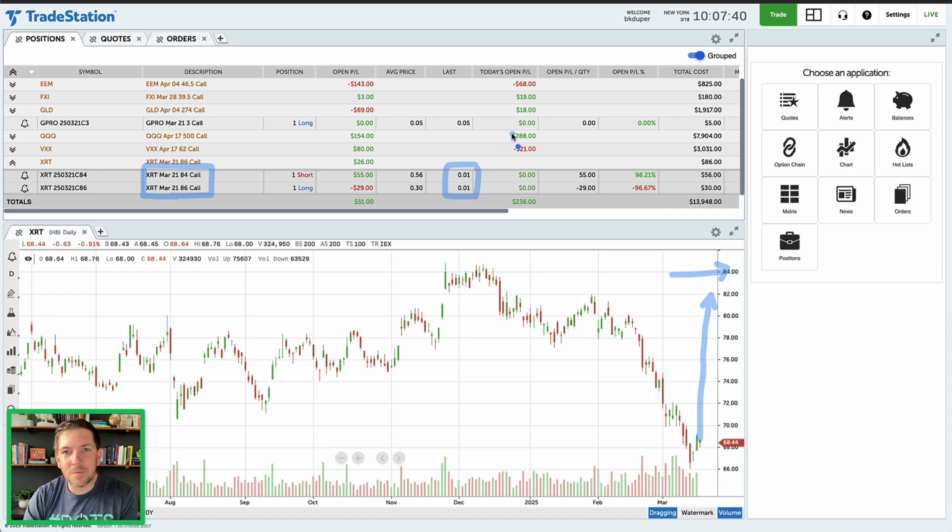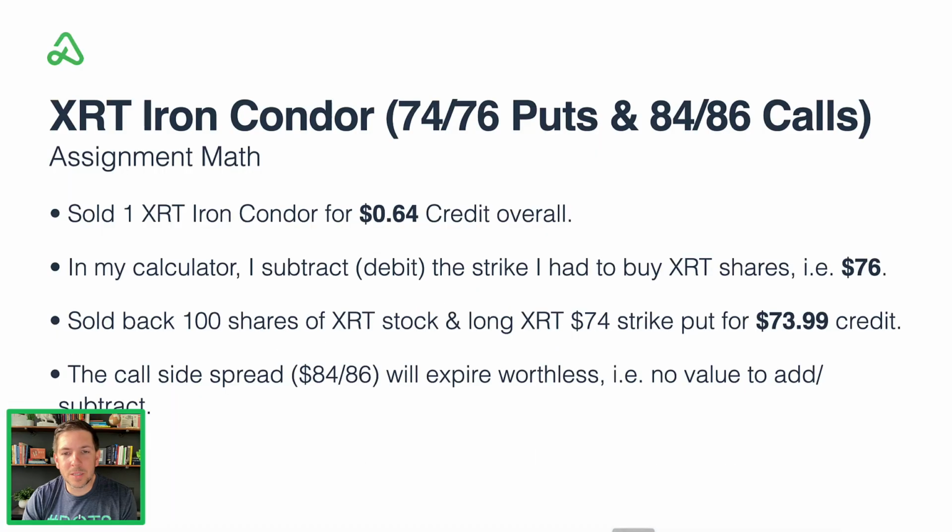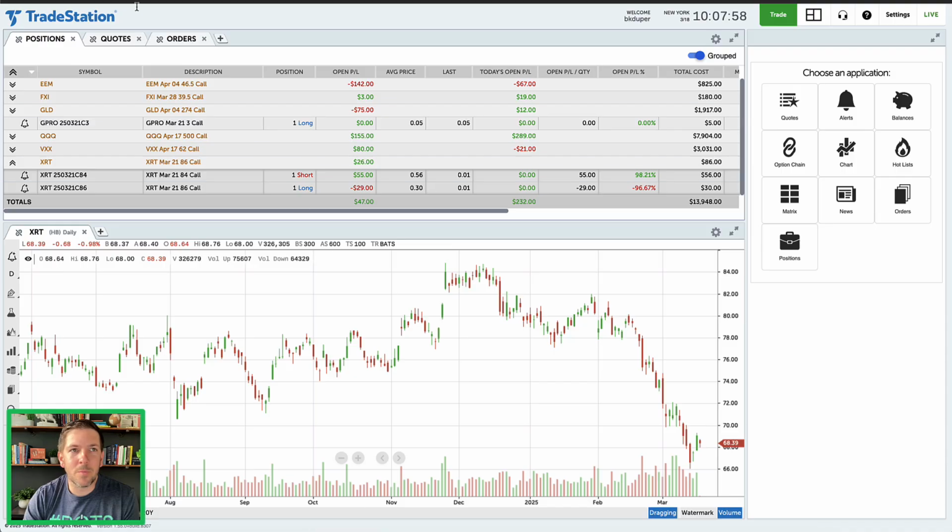If you did see some value here that you would want to capture, net value or one of the values of the strikes, then you could close this position out as well and remove the risk. But again, for our purposes here, the call side is going to expire worthless and not really add any additional value. Okay, so the last thing that we have to do here is go back into Option Alpha